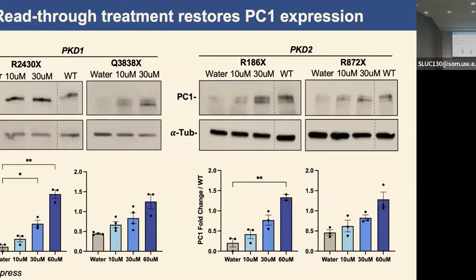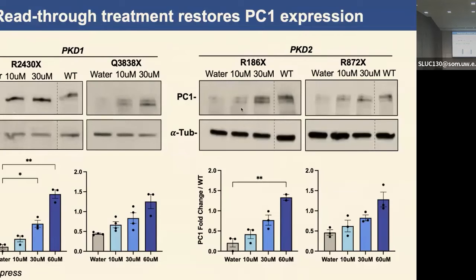Do we have evidence that the drug is doing what we want it to do mechanistically? And this is really the triumvirate, I think, that you want to achieve whenever you're looking at any type of therapeutic development. So to measure the potency of the compound, we titered it in and we looked at the expression of polycystin-1 protein. And what we observed is that as you titer it in, we see an increase in polycystin-1 by Western blot. And this is detectable not only in our PKD1, but also our PKD2 knockout organoids,